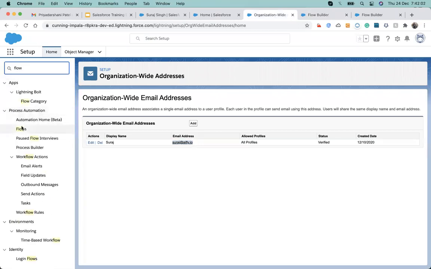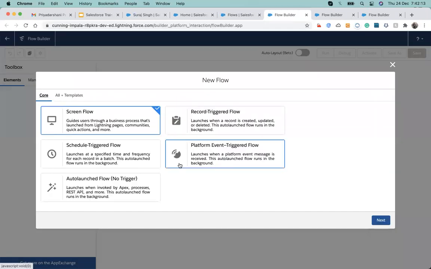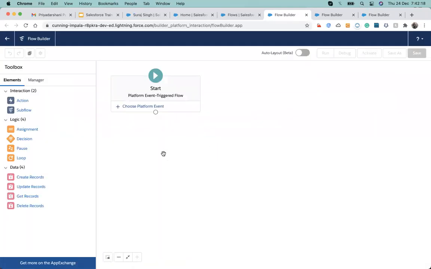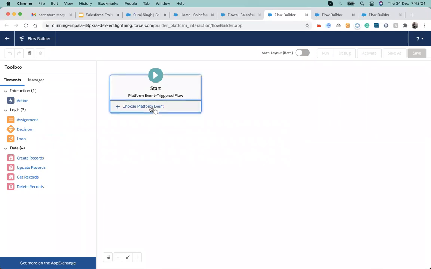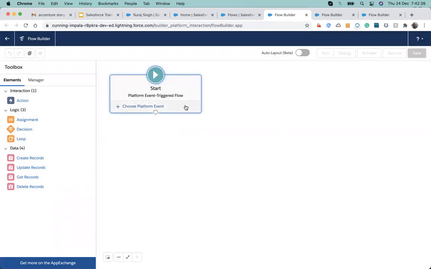So we have another one, platform events. Let's take a look at what platform events are. As I previously told, platform events are events that we generally use to trigger a broadcast message to everyone. Whoever subscribes to that message will get the notification about the event.